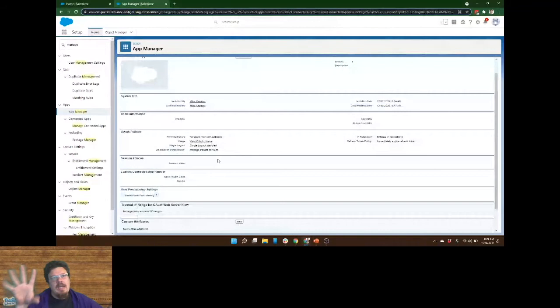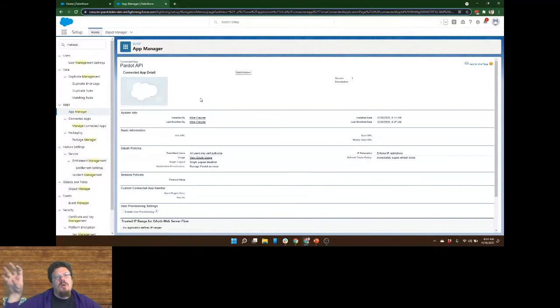We want to assign the API connector to a profile and our permission set, I should say, and then assign our users that we want to connect to that permission set. So the instructions will say, create an empty permission set, and that's just how we're connecting Pardot API users to being able to use the Pardot API.